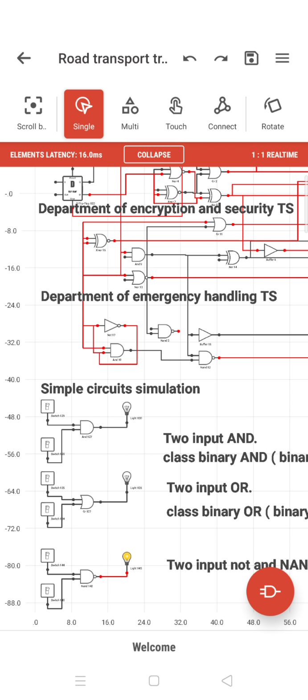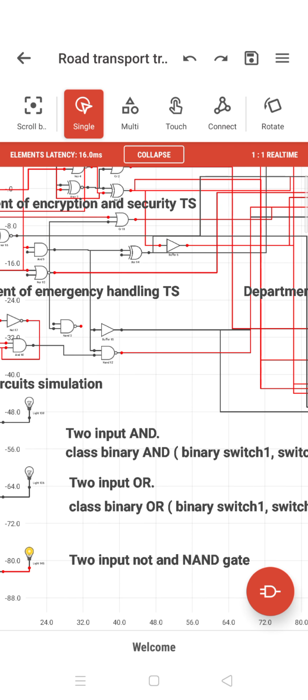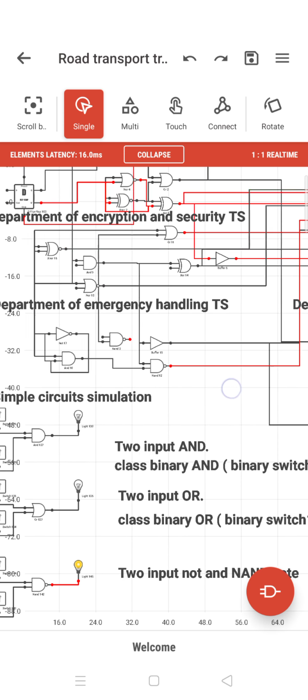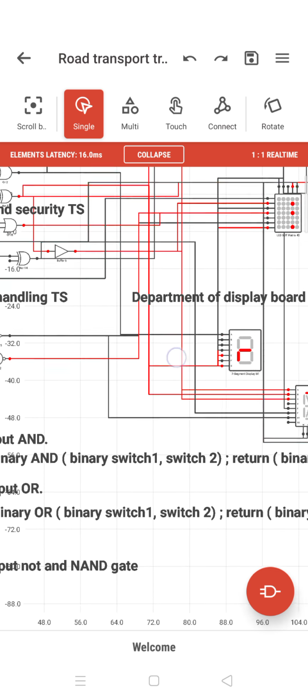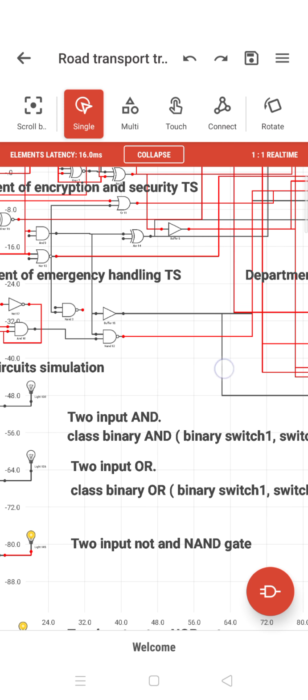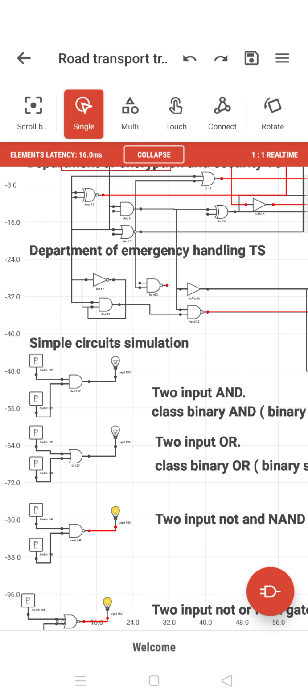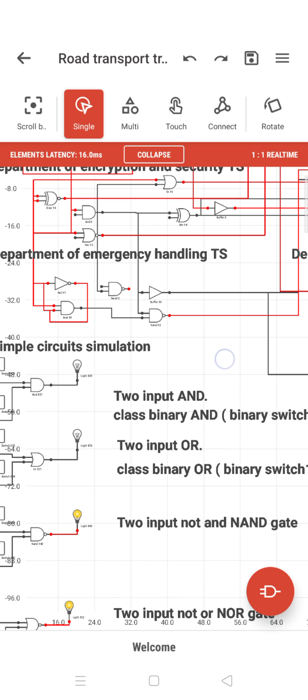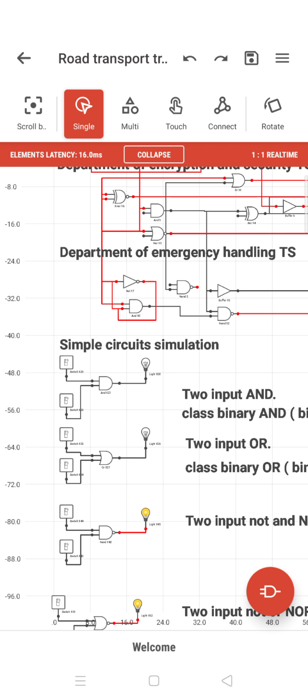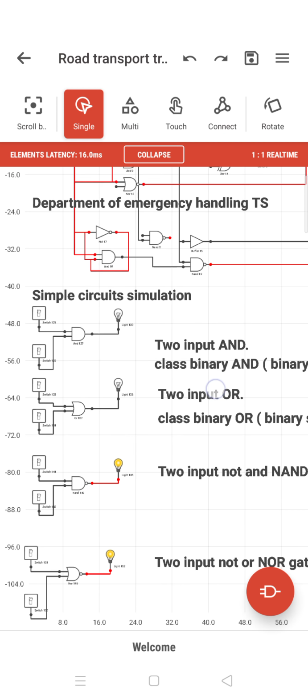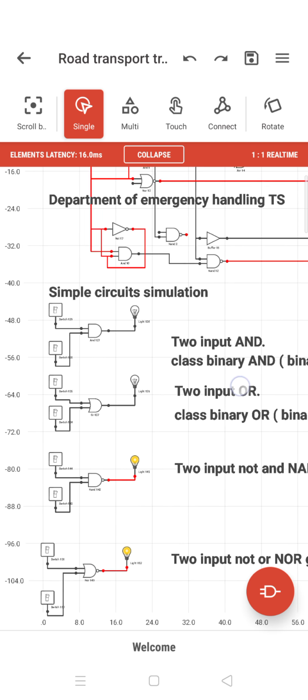Department of Emergency Handling is the same. Emergency, if there's a road accident, then you give directions like emergency, somebody is having some problems with the road and things like that. What kind of signaling you want to give, hey, you take that road, this road is closed for today, tomorrow it will be open, today it is cloudy, those kind of information can be done by the Department of Emergency Handling, which is given a separate chip for all these things, and they can easily do the circuitry work and display it on the board so that people will understand what the signal means.